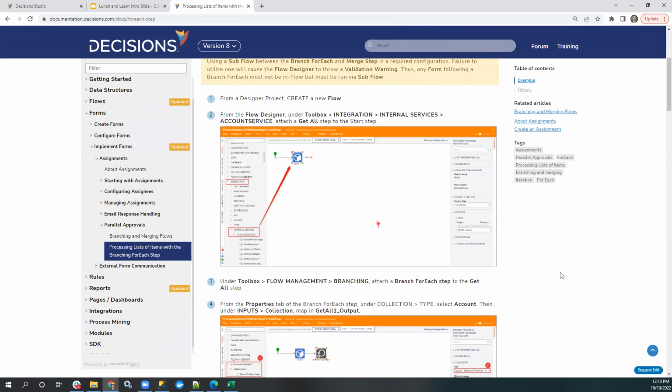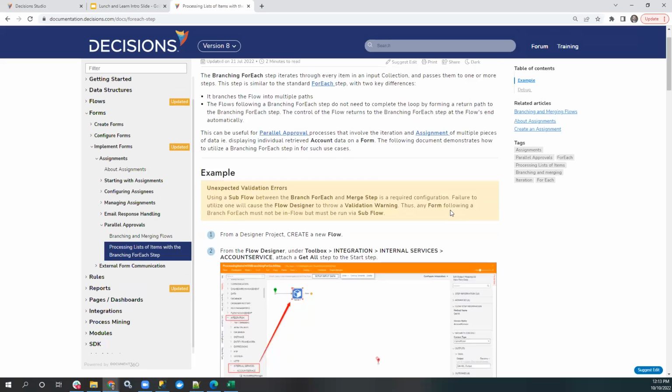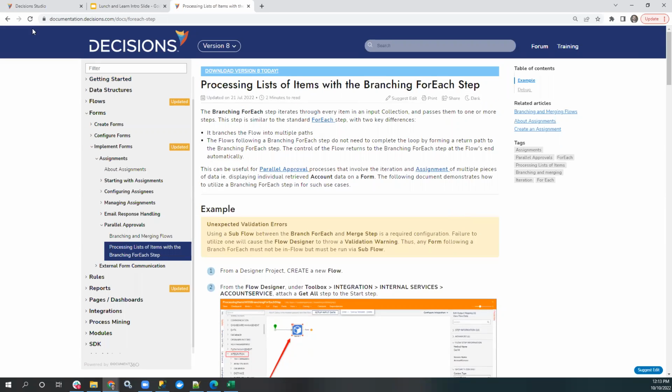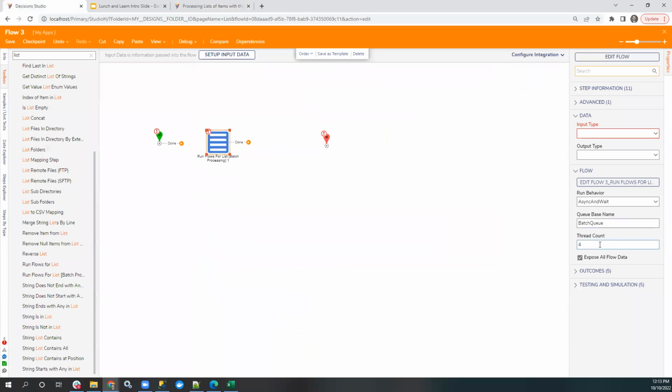So long story short, I would advise your developer to use run flow for list and probably async and wait, and then see what it does to the performance characteristics of the flow that they're using. Yeah, I think the important thing is, to my eye, it looks like that was intended for assignments, but